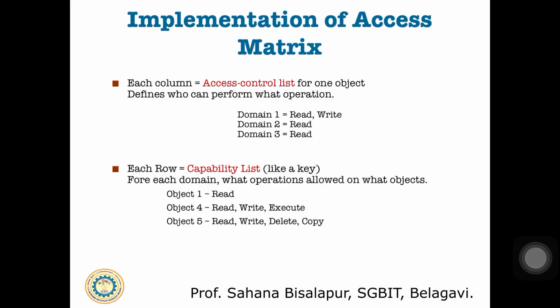You can see in the slide, for domain 1 the access right is given as read and write. For example, consider one particular file named file 123. On file 123, domain 1 can perform read and write operations. So you search the access list for that file 123, to see whether domain 1 has read write rights or not. If you have these rights, only then can you perform read write operations. Now for example, domain 2 has only read, and domain 3 also.